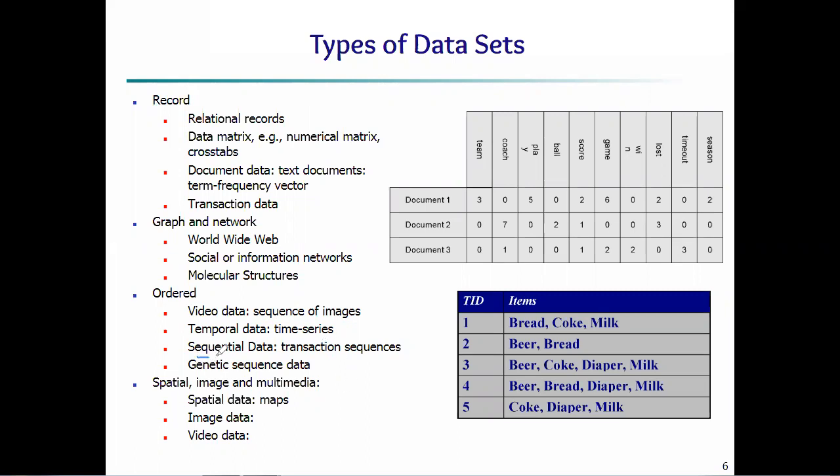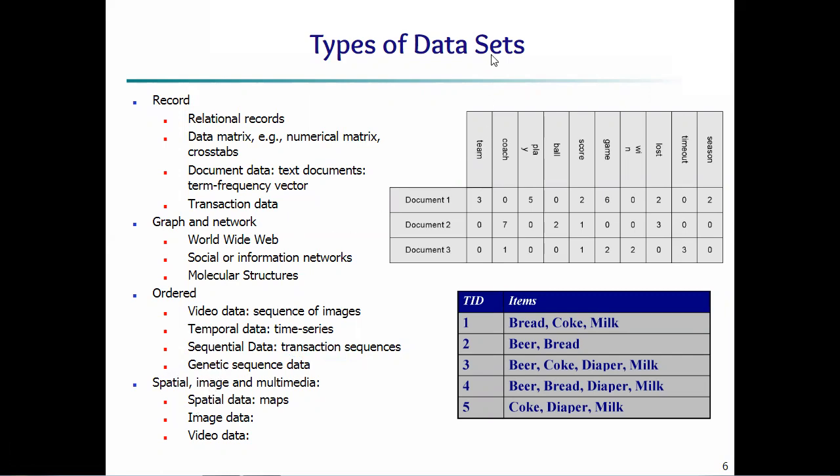The next one is sequential data. There will be transaction sequences, and the sequence should be there. If I want to withdraw some money, with sequential data, first I have to deposit money there. Suppose my balance is 0, can I withdraw the amount from my account? It's not possible. These concepts come under data mining, or we can say under data sets. I hope everyone is clear.